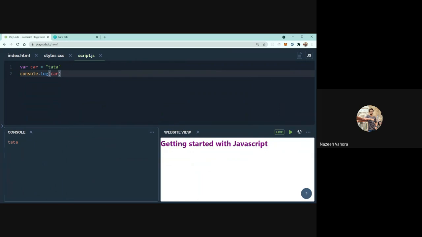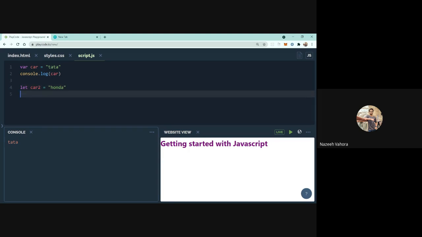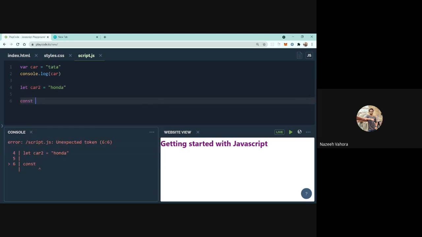Likewise, let's say I have used another keyword, let, and I'll give that variable name car2, and I'll give it the value Honda. Likewise, the functionality of both the keywords is the same, but they are different. I'll come to that in a second, or maybe 30 seconds. And third is const, that is car3, and I'll give it a value, let's say Audi.